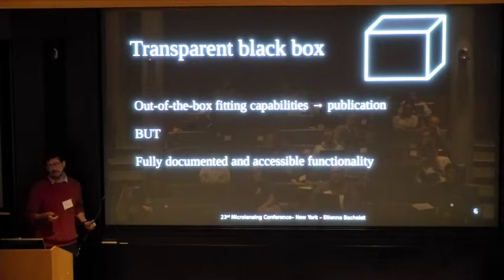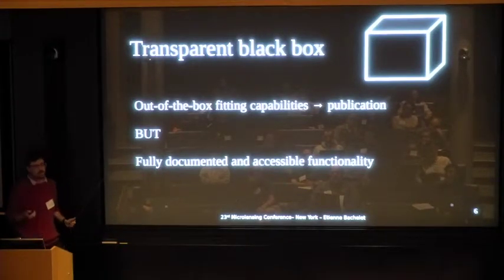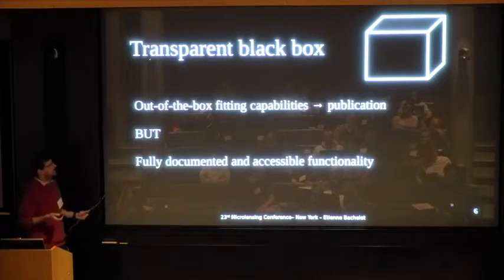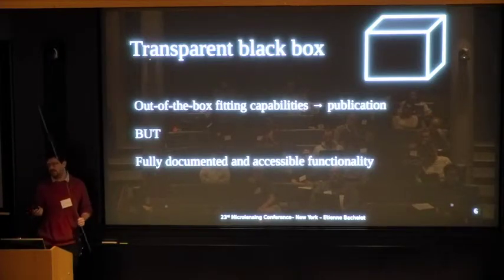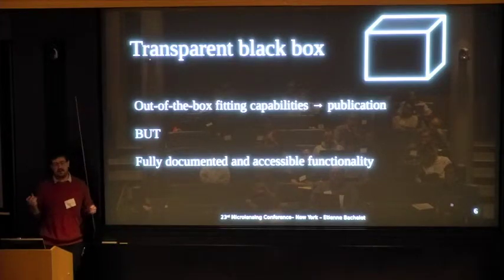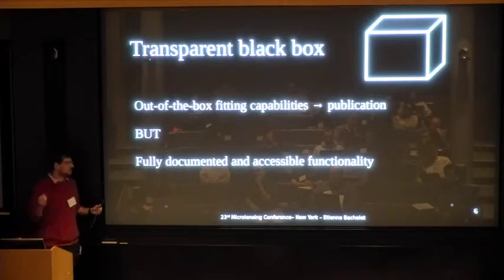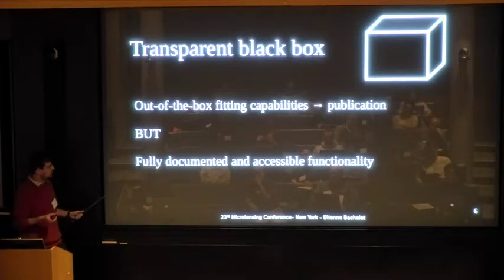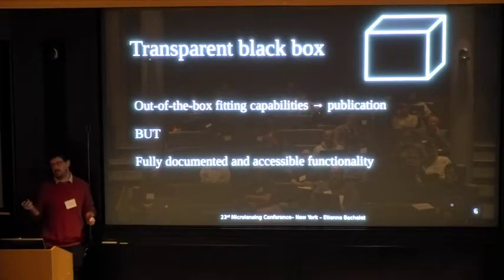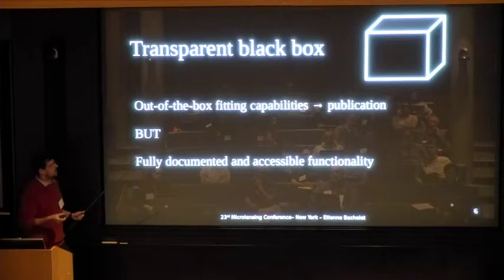One of the first original ideas we had when we created this code was this transparent black box approach. It should be a black box in the sense that if newcomers in the field of microlensing have some data but don't know that much about microlensing theory, they can still download the code, plug in their data, and just press enter basically, and this should give a reliable fit that you can use for a publication. So this is the black box part. But it should be transparent in the sense that, if you're interested, you can read every function, it's not hidden behind the scenes, and you can really understand how it works fairly easily.